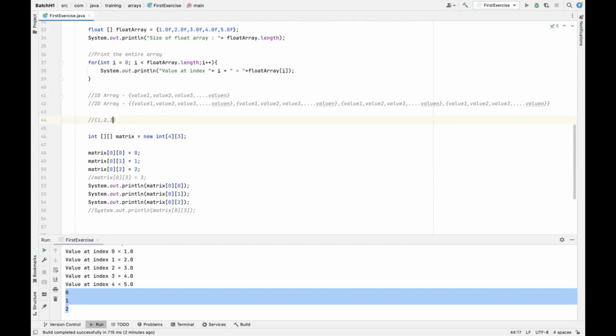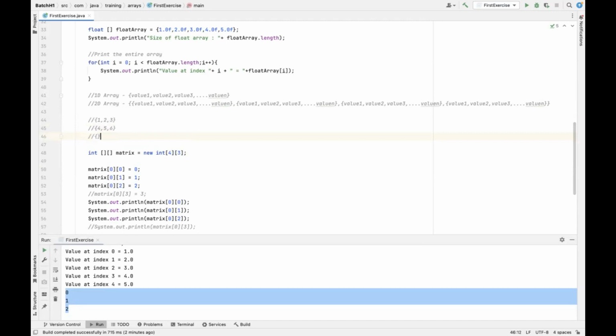This is a 1D array. Agreed? Then you have another 1D array of 4, 5, 6. Agreed? You have another 1D array of 7, 8, 9. These are individual arrays. And then you have another